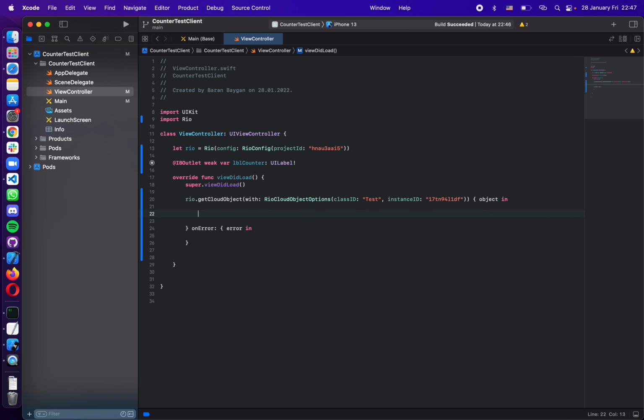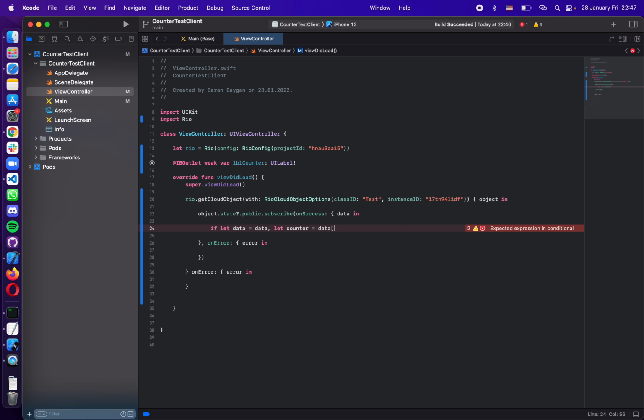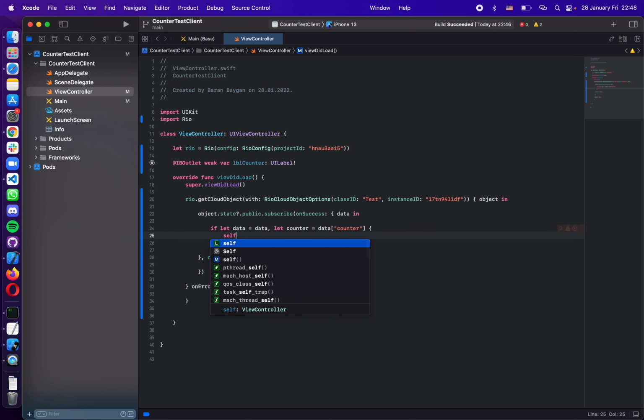Okay, so once I have my object, let's just listen to its state, its public state actually. Subscribe to its state, data, error. Okay, so if let data is data, meaning if it is not null, and let counter is data counter, then self.labelCounter.text